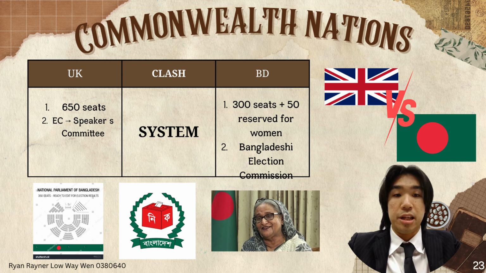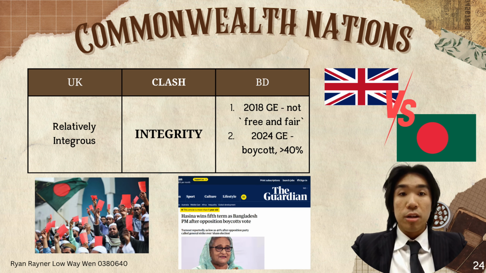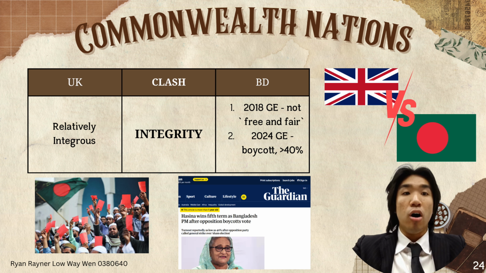The Bangladeshi Election Commission is established under Article 118 and headed by a chief election commissioner appointed by the president. Again, on the Prime Minister's advice, as in Malaysia, this creates potential for executive overreach. Furthermore, Bangladesh's implementation of FPTP has been marred by serious concerns over electoral integrity. In the 2018 general election, there were widespread reports of ballot stuffing, opposition arrests, and media suppression, all allegedly benefiting